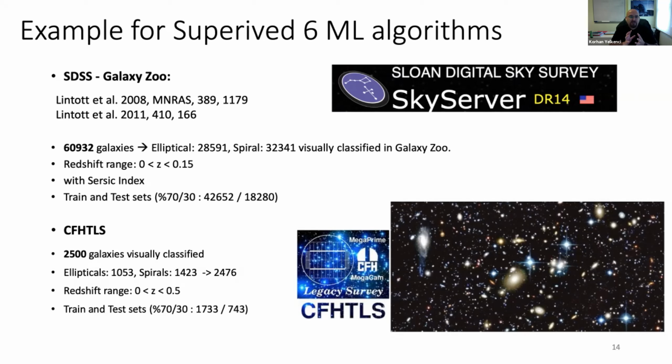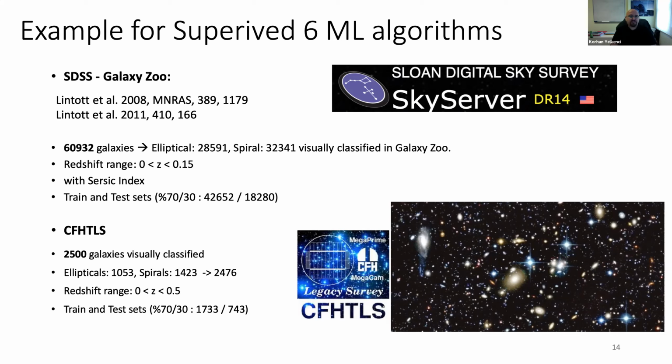As data, we use the SDSS Galaxy Zoo data, 60,900 galaxies. They are already labeled, already classified as ellipticals and spirals, visually classified galaxies, as you see in the numbers.